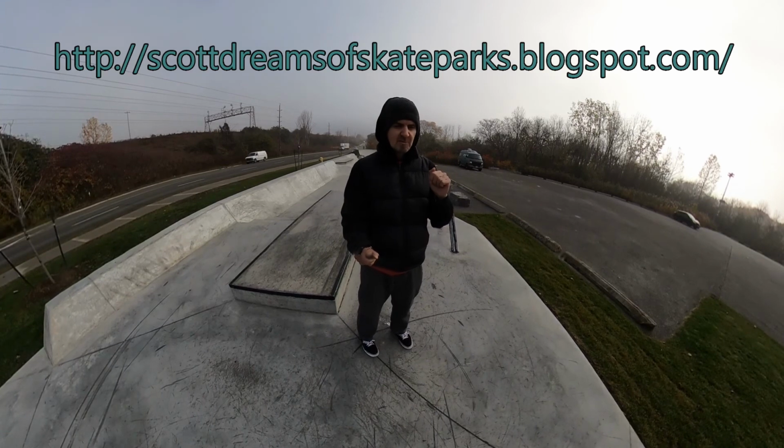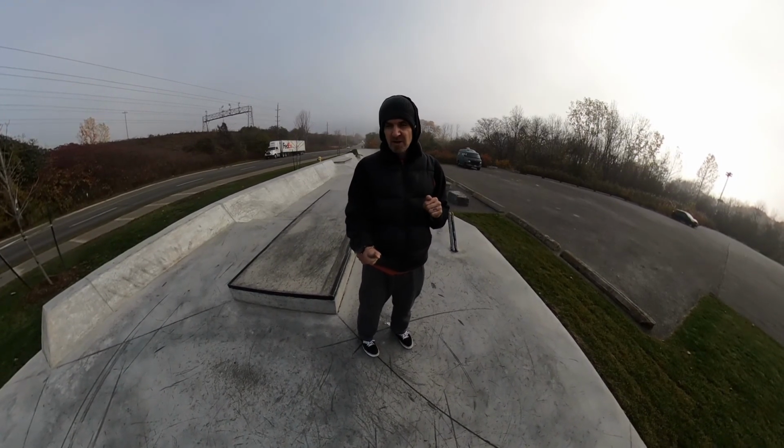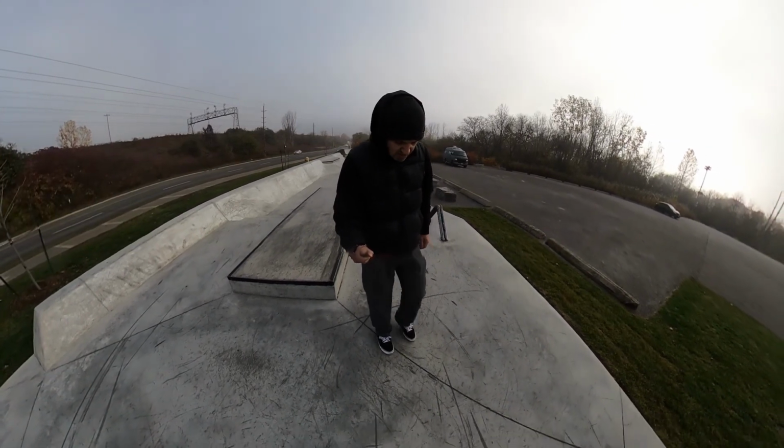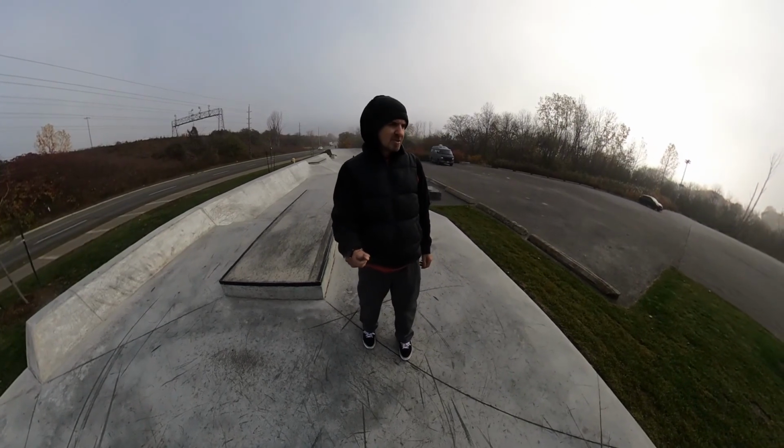It's going to be indispensable as a resource for finding skate parks. But we found this one, and I want to get a skate going. The ground's still a little wet. I've waited almost 2 hours hoping for this to dry, so could be some little slip outs today, but what